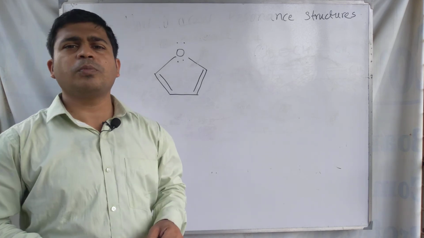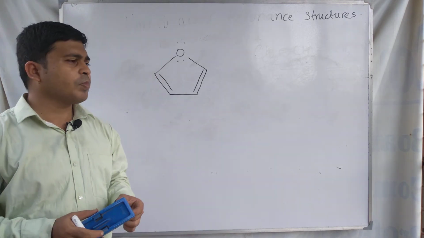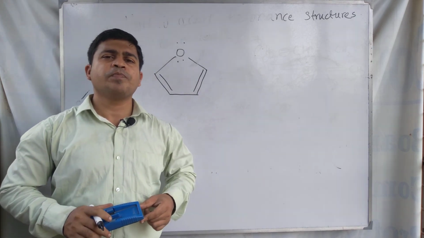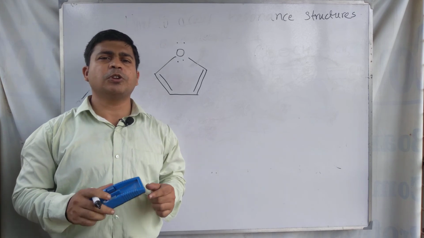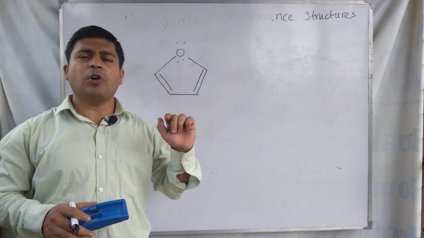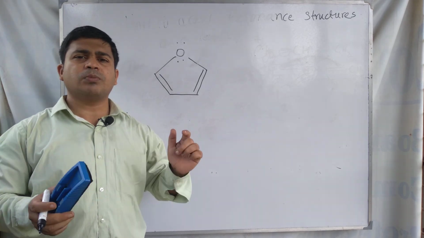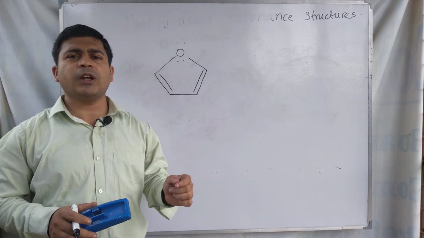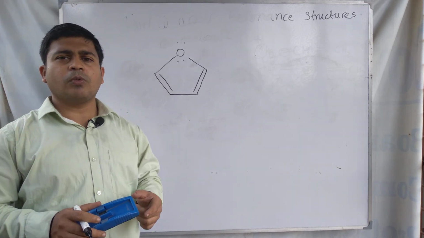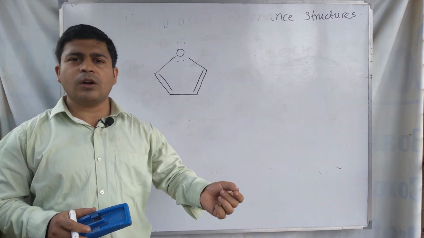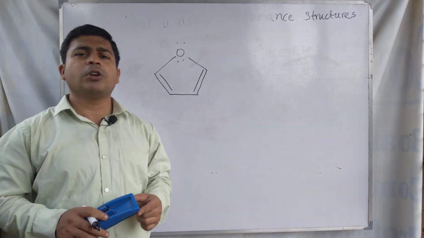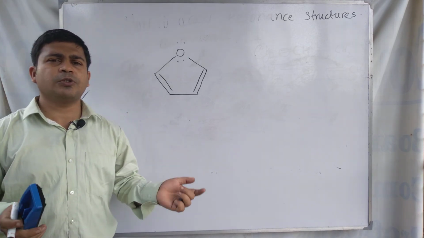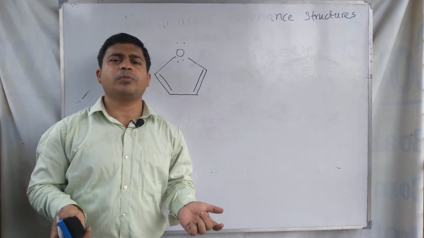So I do not want to make this video a lengthy video. This is the discussion of how to draw resonance structures of a molecule. For drawing the resonance structures of a molecule you have to understand the point that the molecule has planarity, means the molecule is planar or not. The molecule contains a conjugated double bond, means one single bond then one double bond. This is called conjugated double bond. So with a conjugated double bond or a lone pair and a double bond, the molecule can form resonance structures, otherwise the molecule cannot form resonance structure.